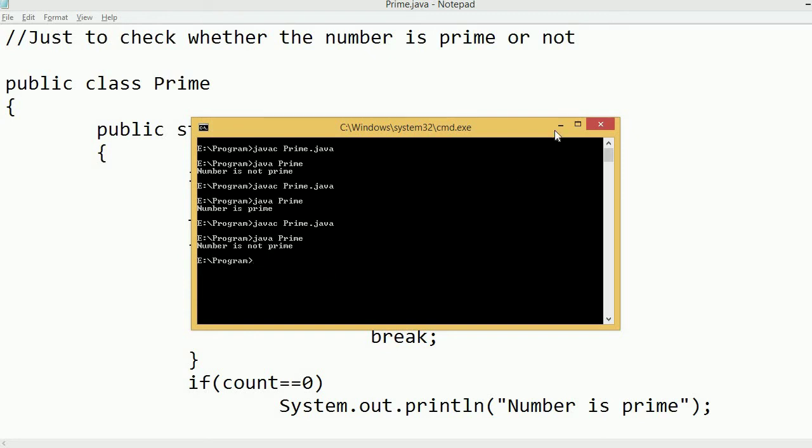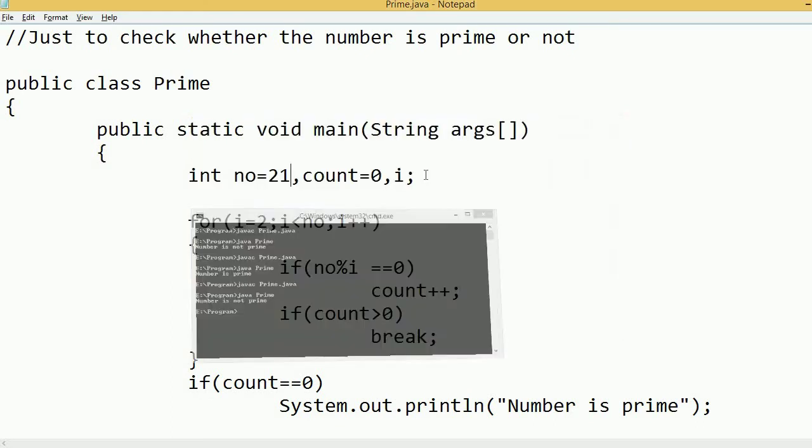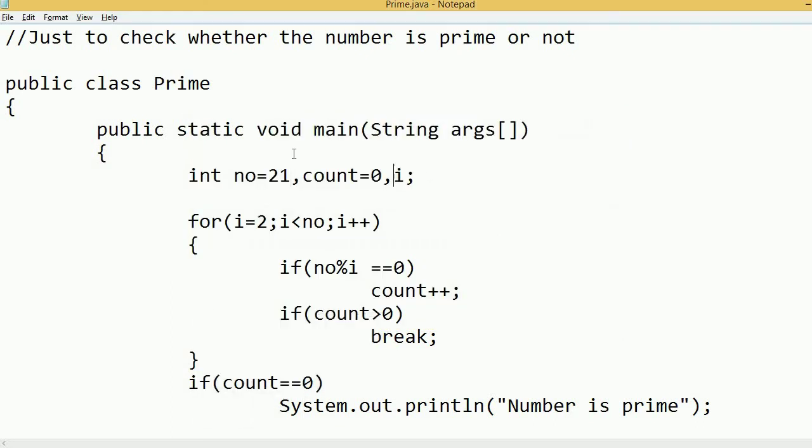Now in this program we have given the static value. Now we will learn how we can give the value dynamically, meaning how we can get the value from the user. First I will remove this value 21. Now I will get the value from the user. For this the Scanner class is available for taking the value from the user. First remove this value.